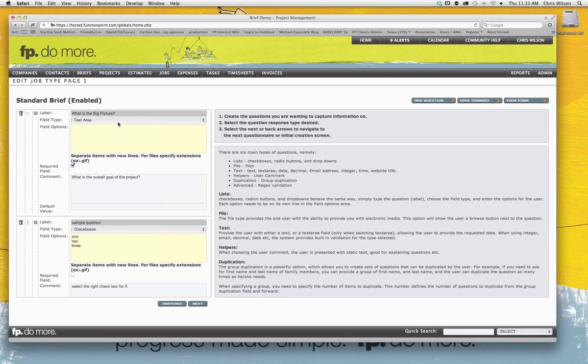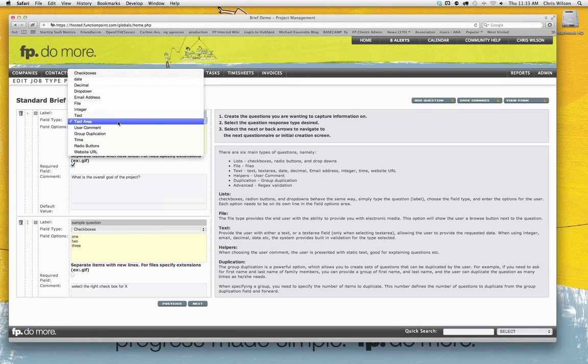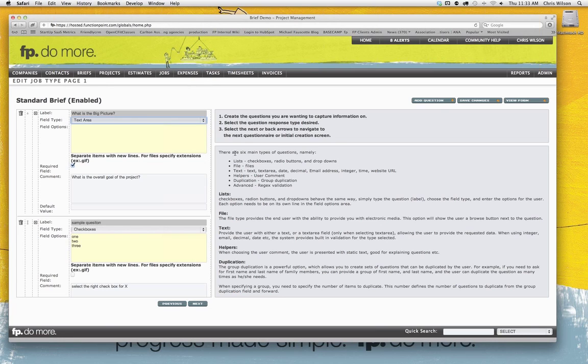Now, this particular set of options that we have here, this is the key to really the briefs in this configuration page. And the options are all really clearly listed here in our gray help area. The lists, i.e. checkboxes, radio buttons, and drop-downs, they all behave the same way. Select, fill in the information such as you just saw me.